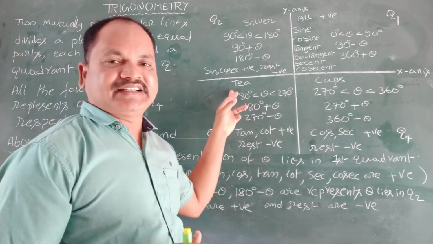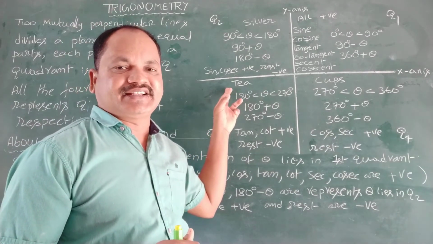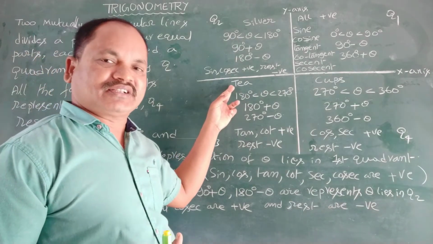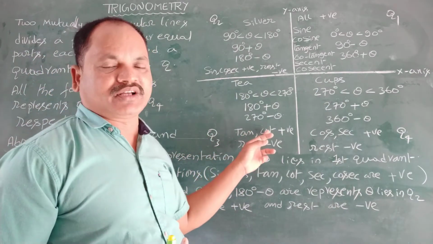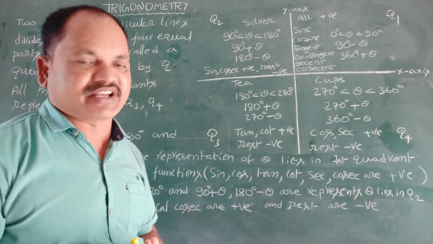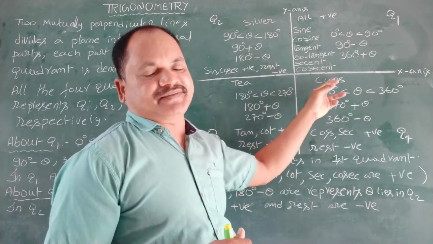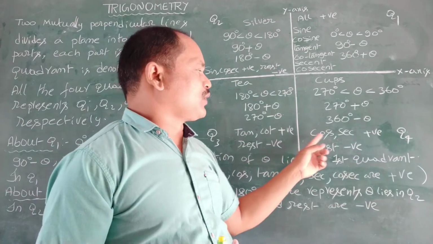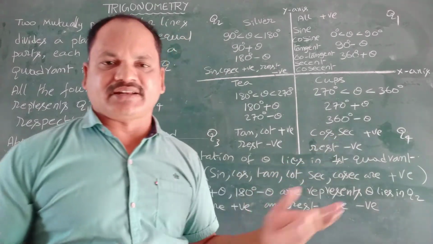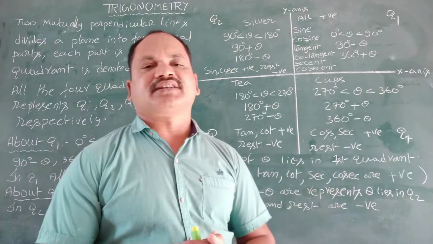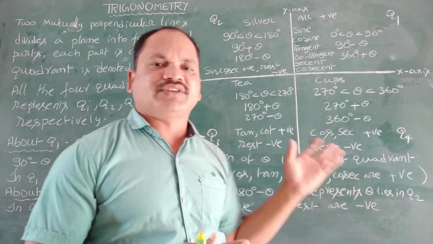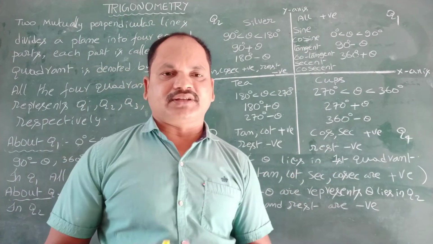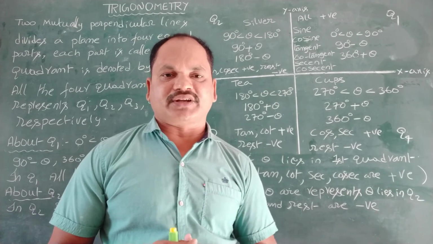And T, the initial letter, T or take. T is for tan, and its reciprocal cot are positive, rest of the functions are negative. And cups or coffee, there it is a C. C means cos, and its reciprocal secant are positive, rest of the functions are negative. Are you clear? Now this is just the introduction part of trigonometry, the basic concept for trigonometry.